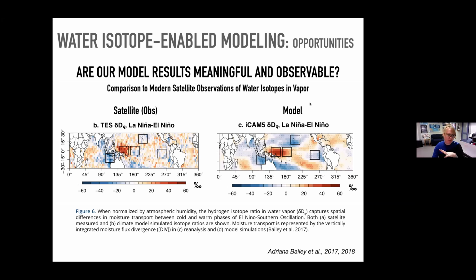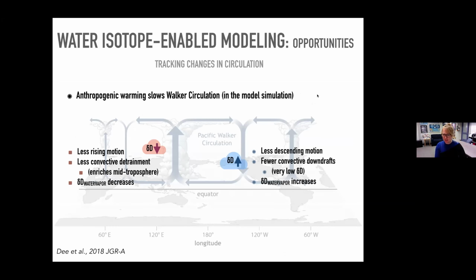I guess Jesse, Adriana, and I have done some work recently applying these satellite and water isotope-enabled model comparisons to better understanding large-scale circulation in the tropical Pacific. I actually gave a poster on this at our meeting in 2019, but most models show a slowdown of the Walker circulation, although it's accelerating in the 20th century and no one knows why. But we can use our isotope-enabled models to provide a prediction of, okay, if the Walker circulation slows down, what will that look like